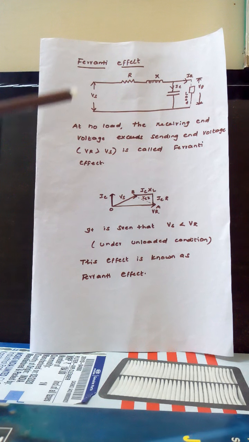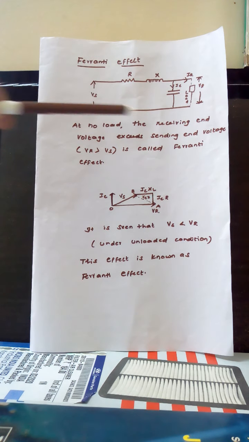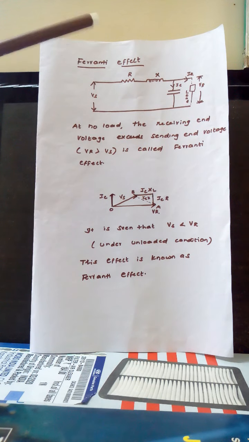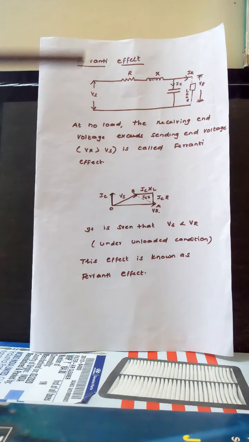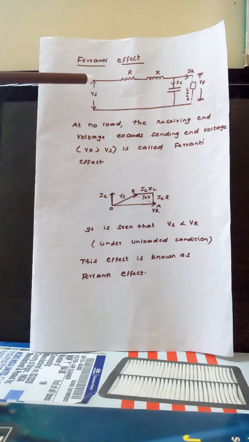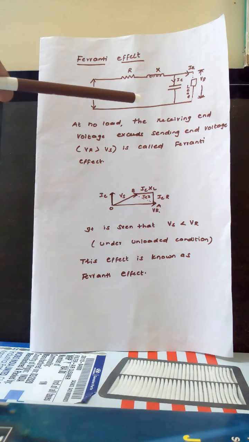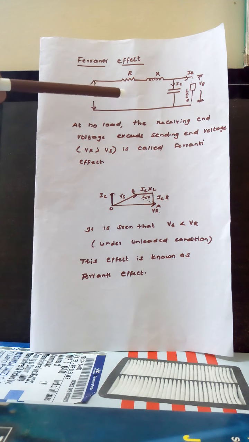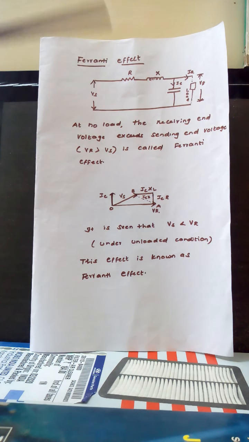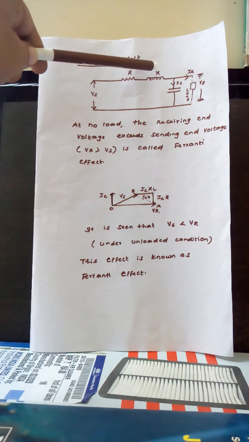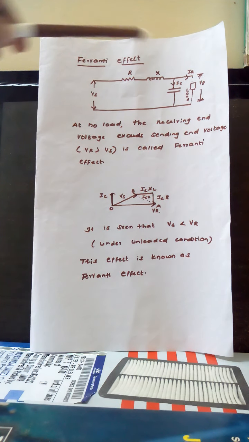This charging current of the capacitor is responsible for the voltage drop across the inductor, because at no load, if you remove the load, no current flows from the source; Is will be 0 here. This capacitance generates VAR. This charging current causes a drop across the resistor and the inductor, and this drop will be in phase with the sending end voltage. For example, the voltage drop here is IC into X, which will be in phase with the sending end voltage.